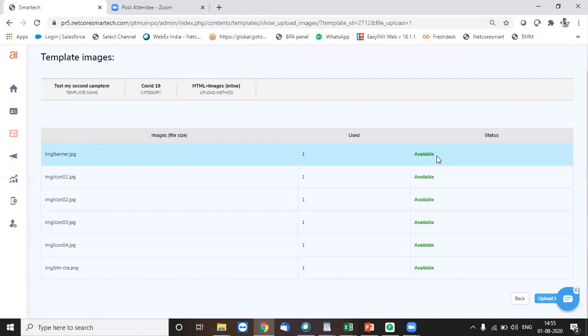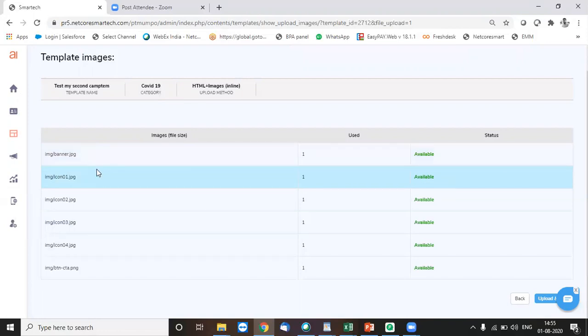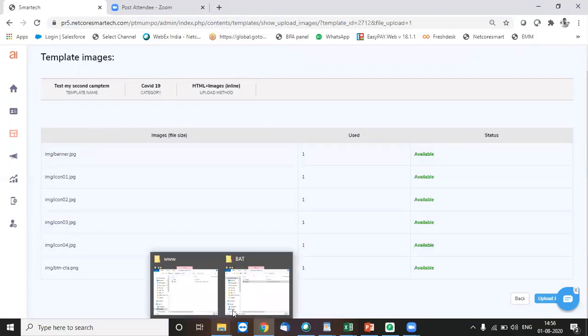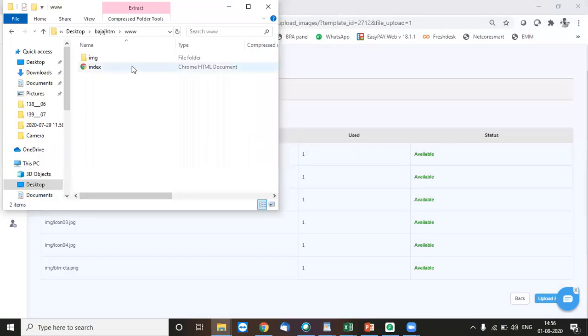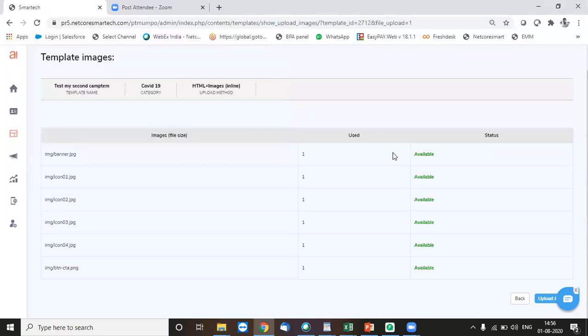Otherwise, if there is a change in the nomenclature, let's say instead of img I would have put image in the source code, but my folder name would have been img only, then that would have caused a nomenclature error, and due to which over here we would have got an unavailable error, which means the system is not able to locate the image.